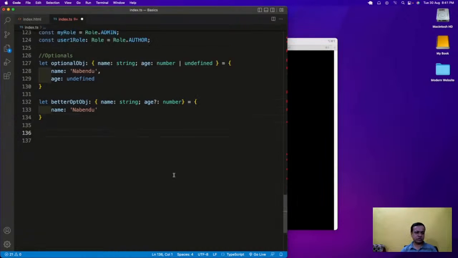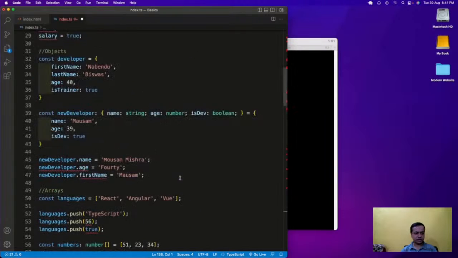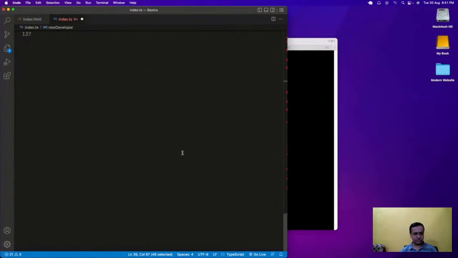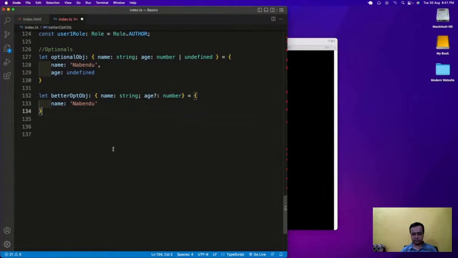Because see, if I go to the type of an object, how we did the type of an object, we give something very huge, like this is even bigger than the object itself. So we have to give like this. Okay, so instead of this, what we can do, we can come here and do interfaces, and here I will do